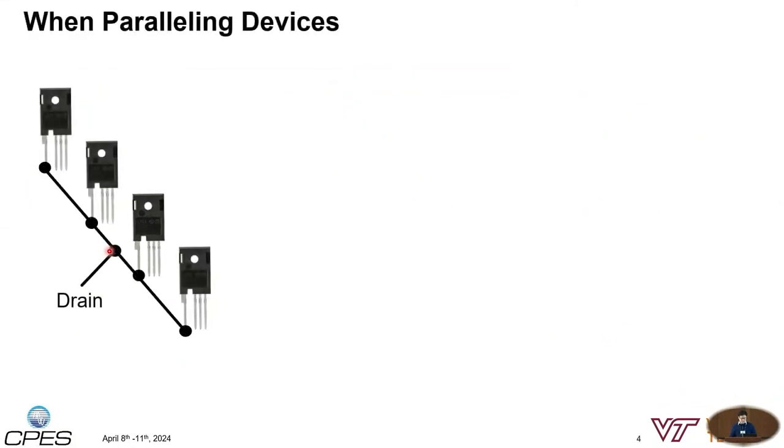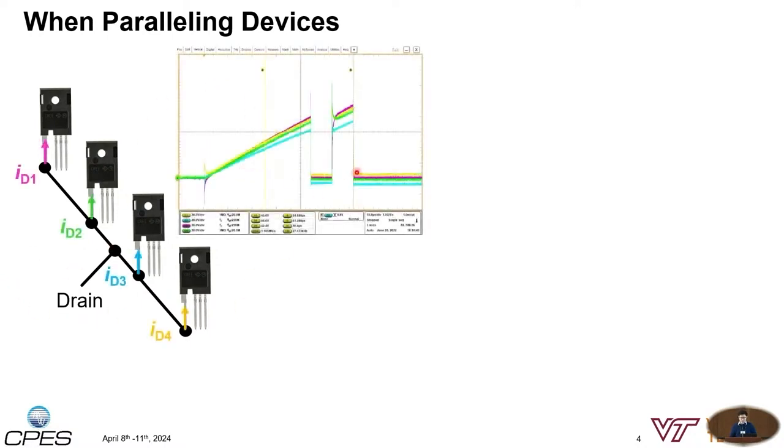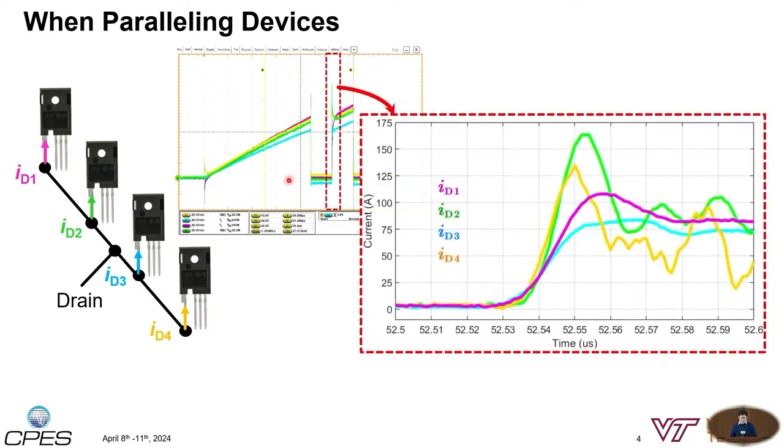However, when paralleling the devices, it may cause a current sharing issue. The figure on the left shows discrete devices in parallel, and the figure in the middle shows example double pulse test current waveforms of 4 different drain currents. If we zoom in on the turn-on transient, you can see the currents are very unbalanced during the dynamic switching transient,